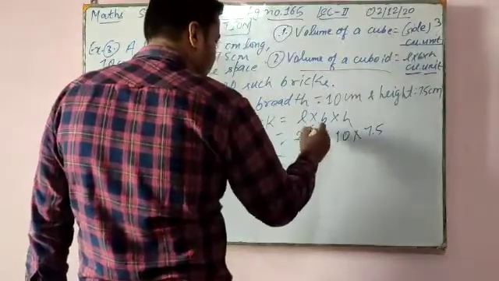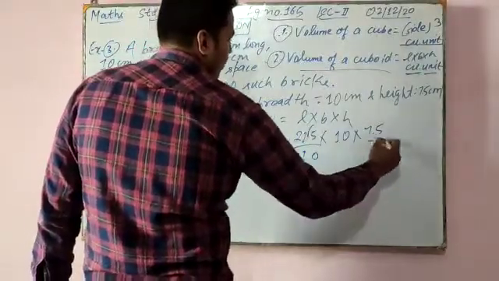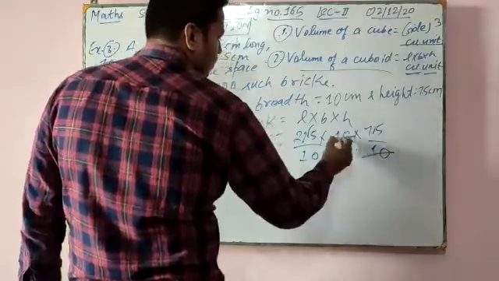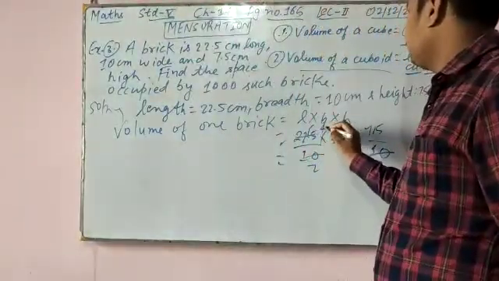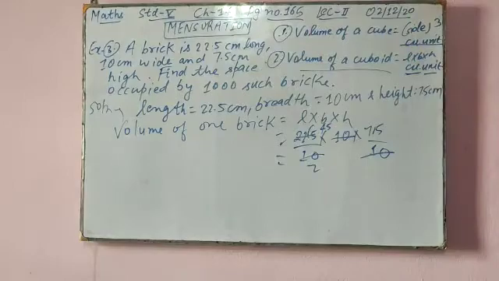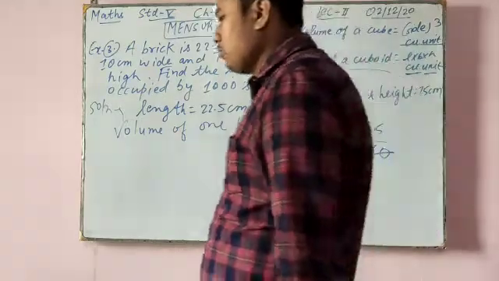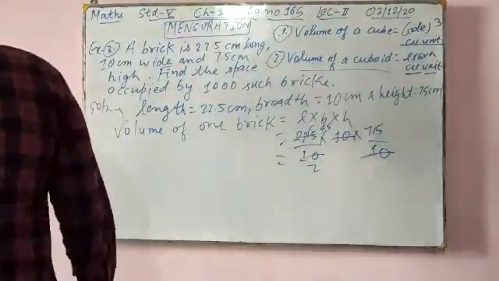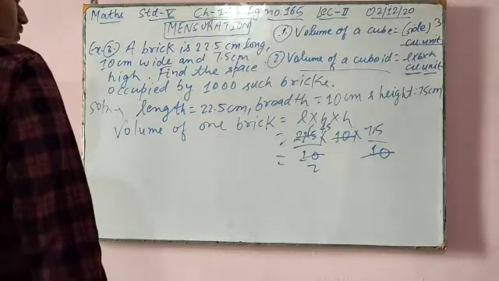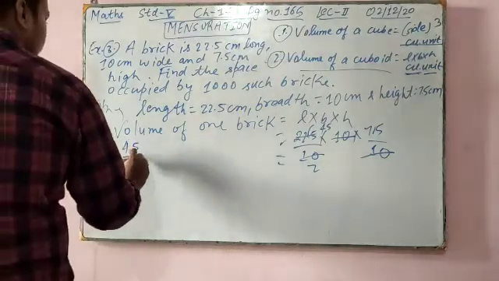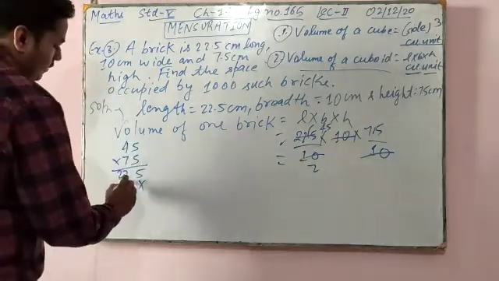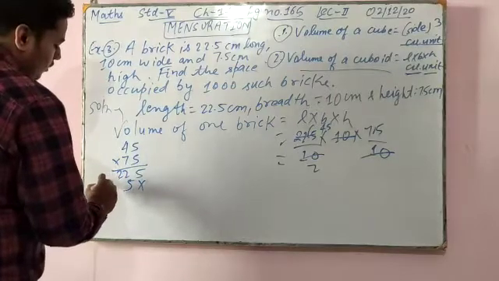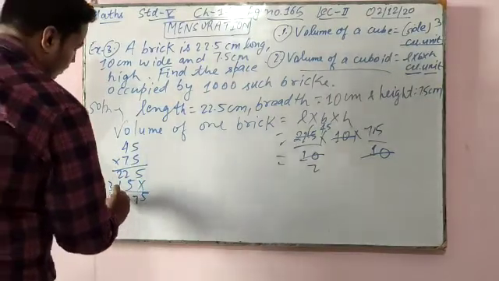Okay. So let us simply do 10, and this will remove the 10. So see, from this the 10 is gone. 5 times 2 is 10, 5 times 4 is 20, 5 times 5 is 25. Okay, I think now we cannot cancel it. So now here what we will do, we will just multiply. Okay, 45 into 75. 5 times 5 is 25, 5 times 4 is 22, 7 times 5 is 35, 7 times 4 is 28, 31. So 5 7 3 3.